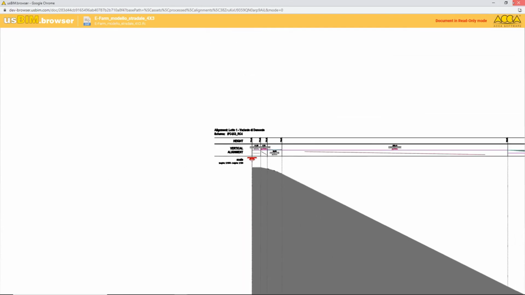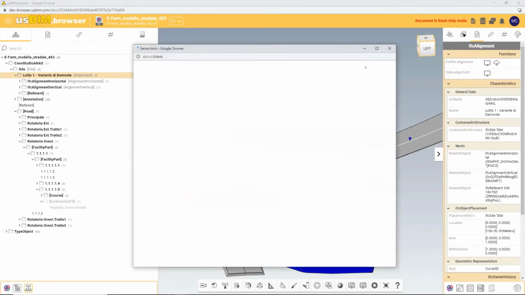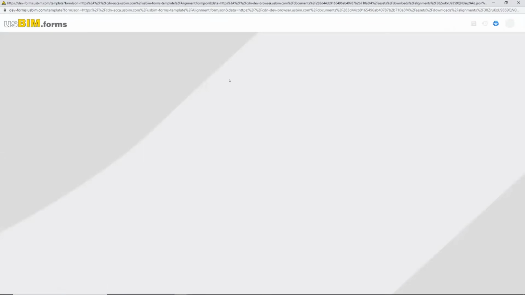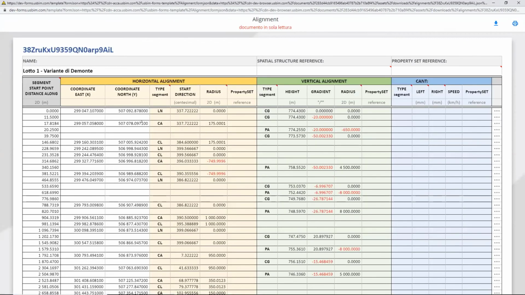And we also have other ways to show the same information, for example in a tabular form. And this is very convenient also for doing some kind of checking. So the stakeholder, that is the client, let's say, that is receiving the file, can do some checking about the alignment to see if it's